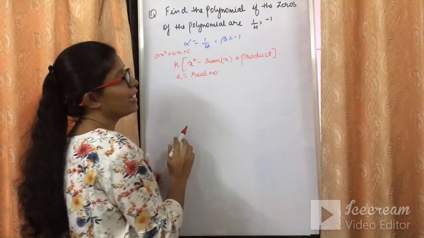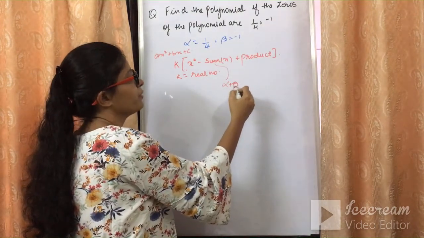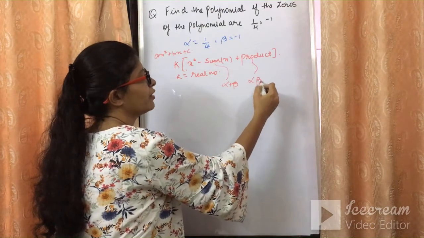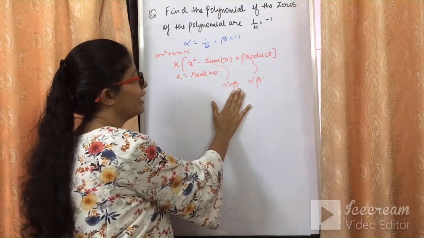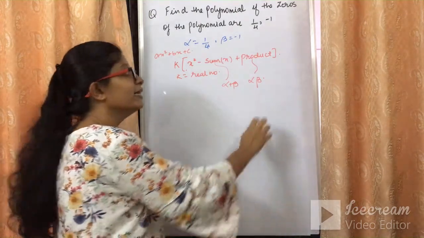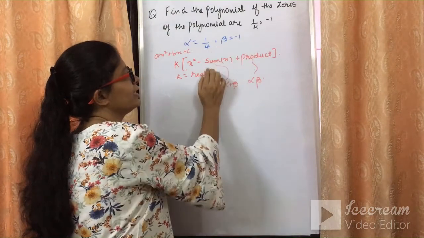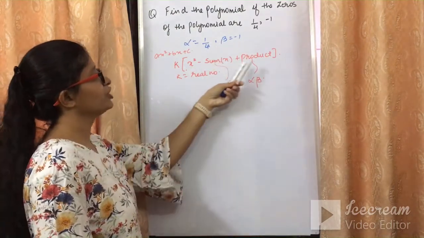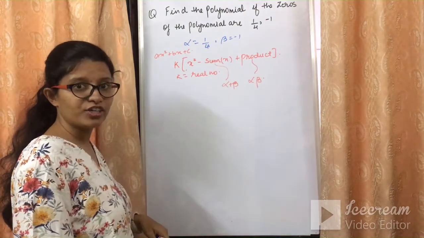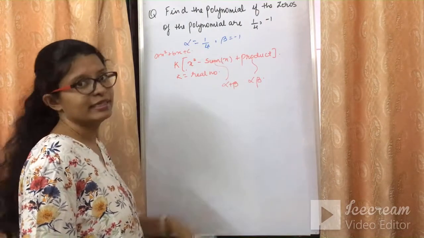Sum मतलब क्या? Zeros of the polynomial का sum. Sum is nothing but alpha plus beta and product is nothing but alpha beta. तो हमारे पास अगर यदि alpha and beta है तो हम उसका alpha plus beta निकाल सकते हैं, अल्फा बीटा भी निकाल सकते हैं. अगर ये दोनों चीजें निकाली, ये दोनों चीजें इधर रख दी, सम की जगह पे सम रखा, प्रोडक्ट की जगह पे प्रोडक्ट रखा, तो क्या हमारी इक्वेशन जो बनेगी, that will be the quadratic equation. That is nothing but the polynomial which will be forming from the given zeros.